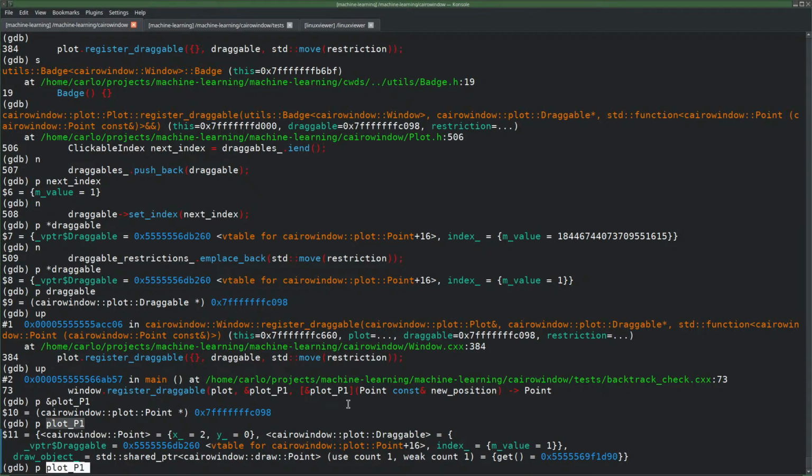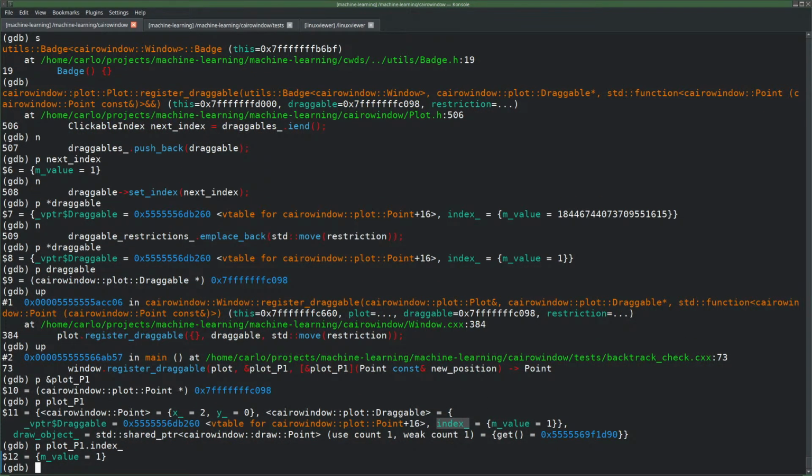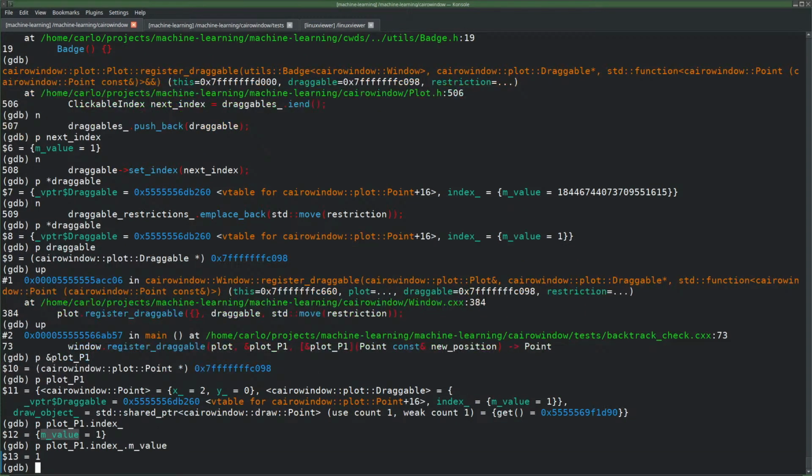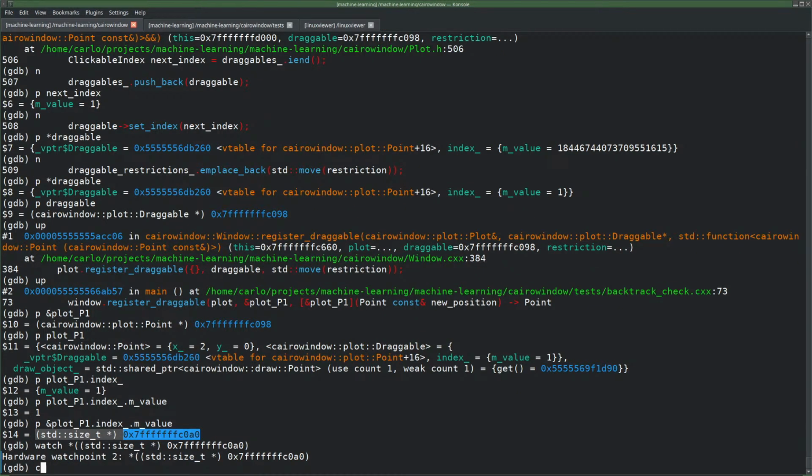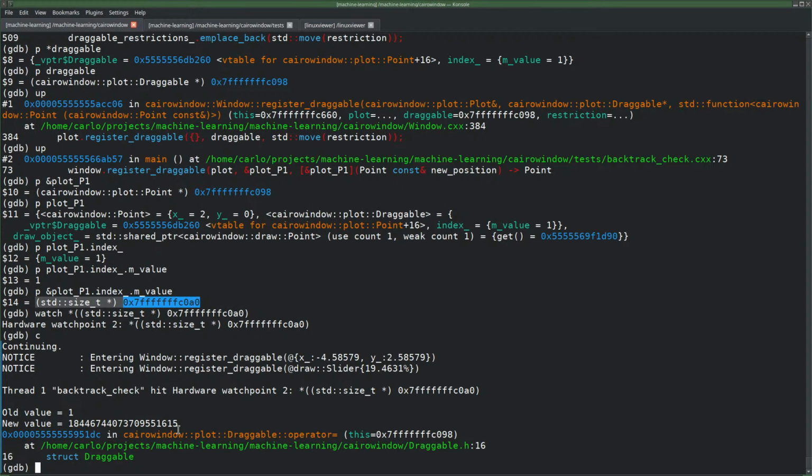Plot P1 dot base class index, or the value of the index, or the address of the value of the index. Then we set a watch point on that address, the contents of that address. Continue. And now it's messed up again from 1 to -1